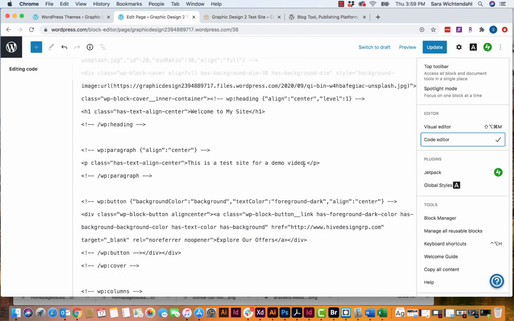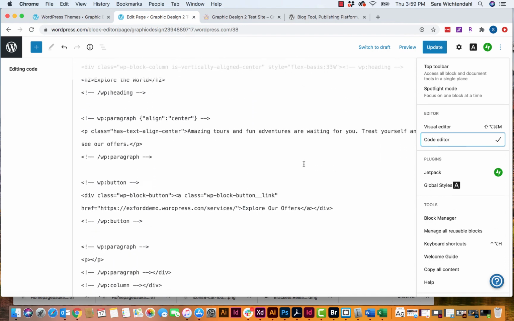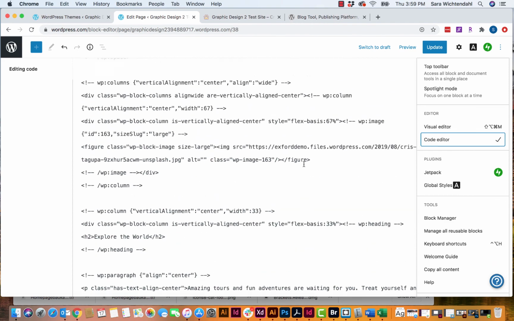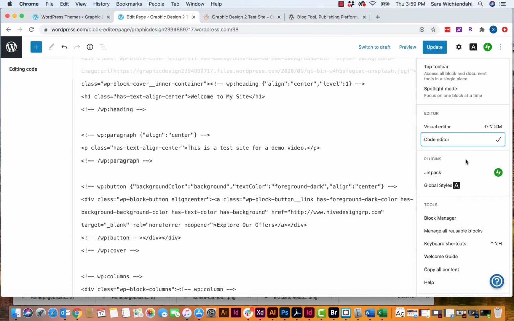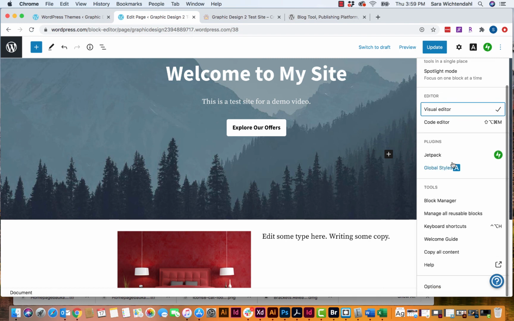So while you can go in here, sometimes that's helpful to kind of see what's going on behind the scenes if you're having difficulty, but just be aware that some of these have already been predefined by the theme. So click back into my visual editor and